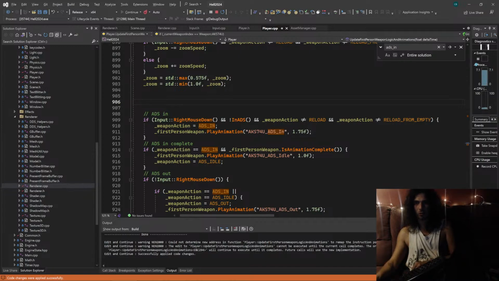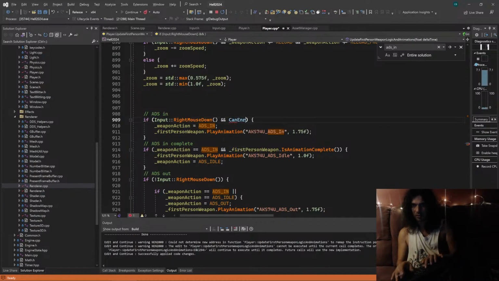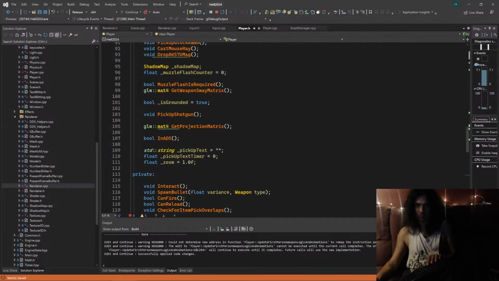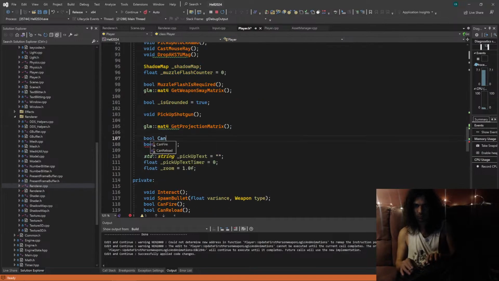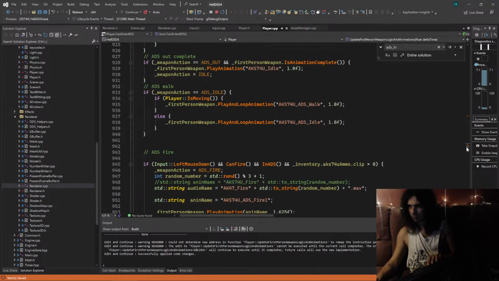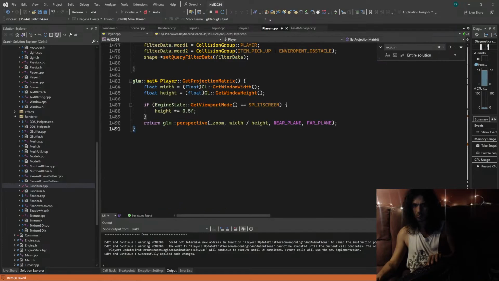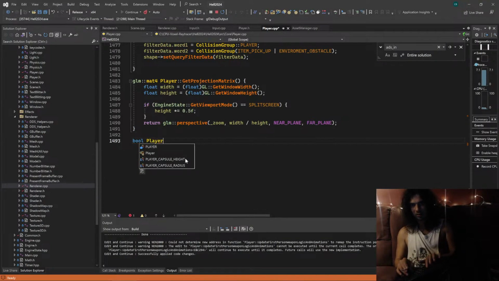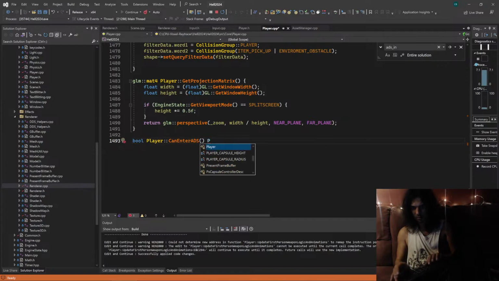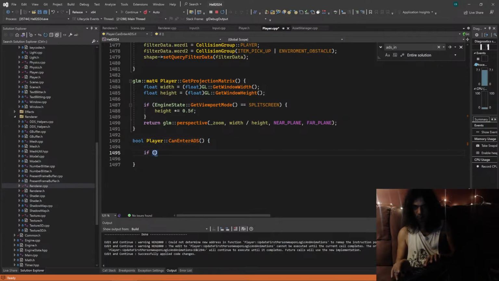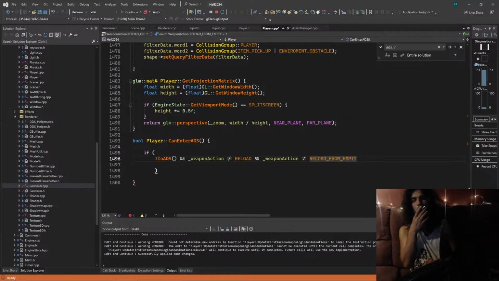I basically need a function called canEnterADS. canEnterADS. Bool player can enter ADS. If,